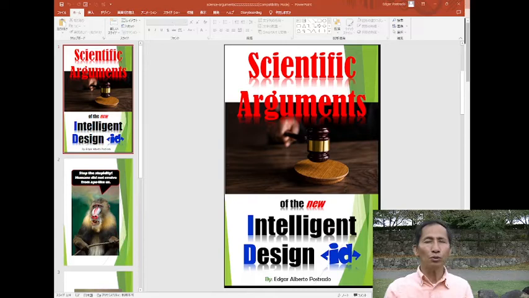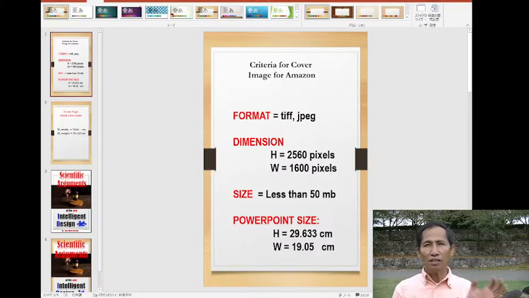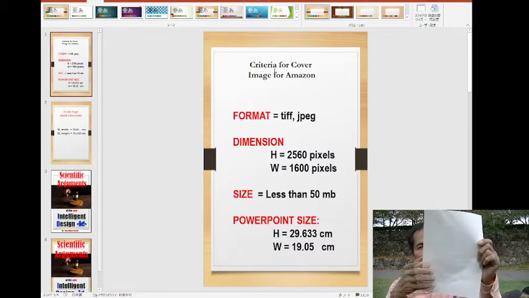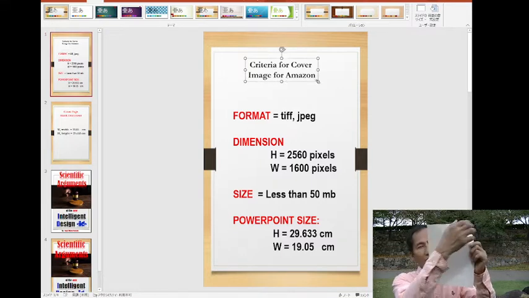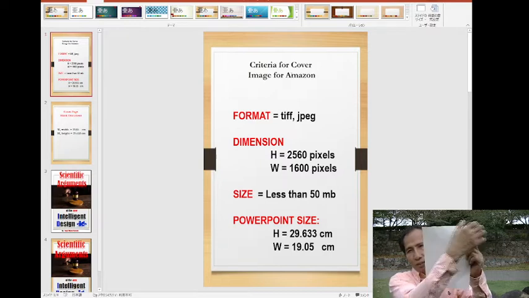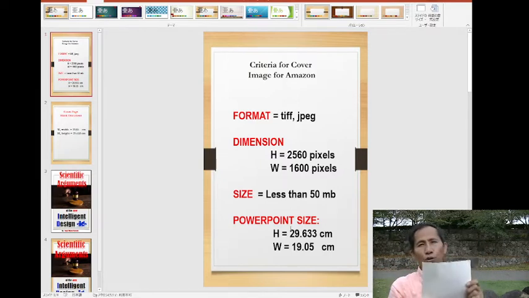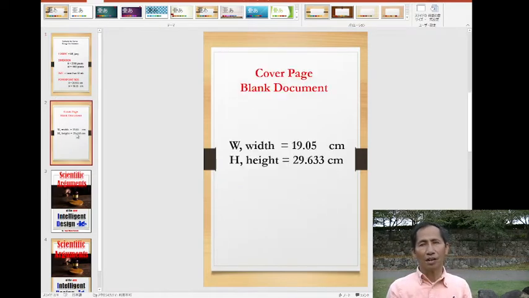So now in this screen, I am showing you PowerPoint. In the PowerPoint, you must first use a blank document, and it must be like this. This one is the height and the width. After that, you are going to